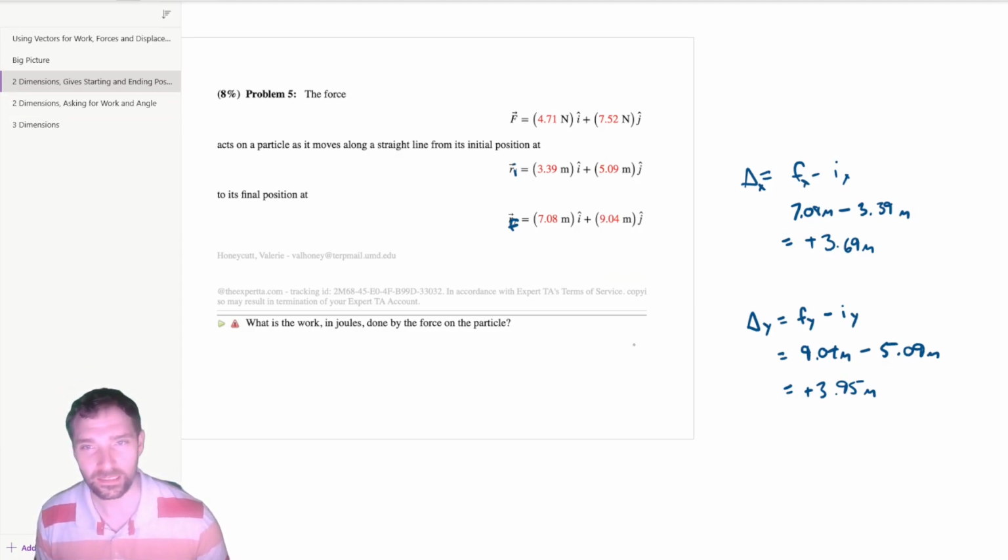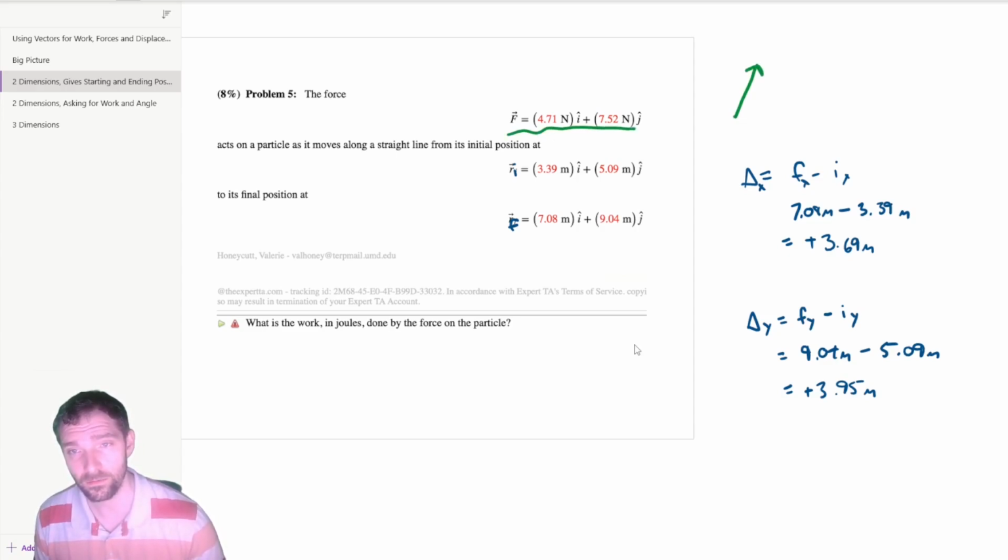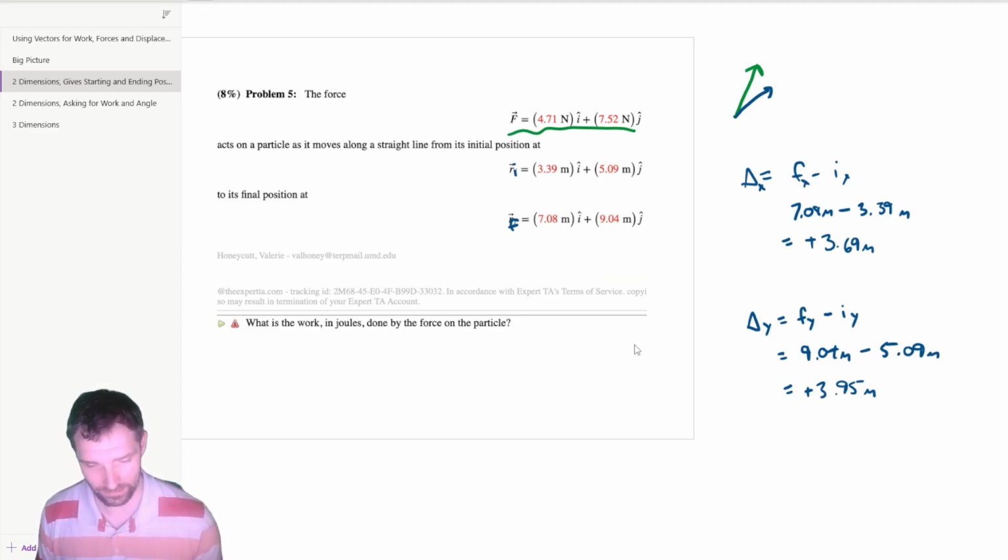It looks like this force is going up and to the right a certain amount. It looks like it's a little bit more in the y-axis than the x-axis right here. And then we've got this displacement, which is pretty even between the two. So it's kind of more like there. And so we can figure out how much work is being done, how much it's getting sped up by, combining their x and y axes